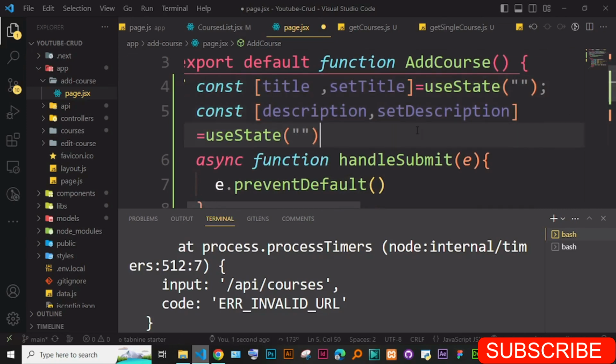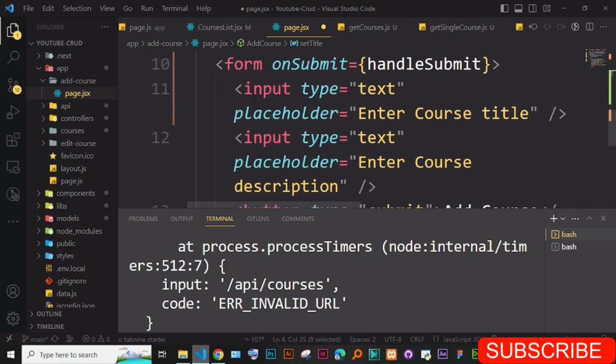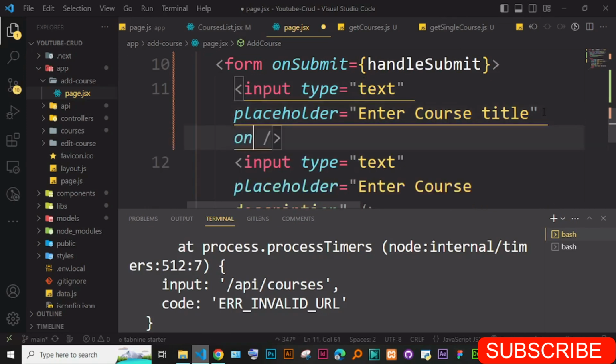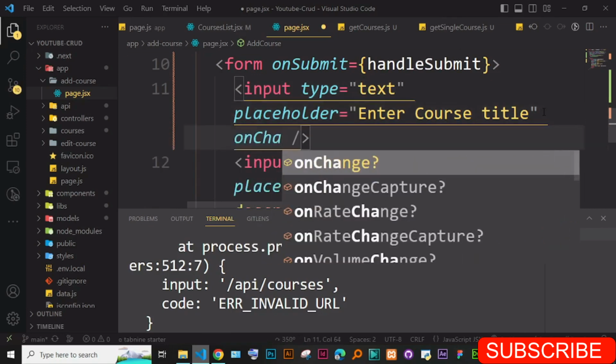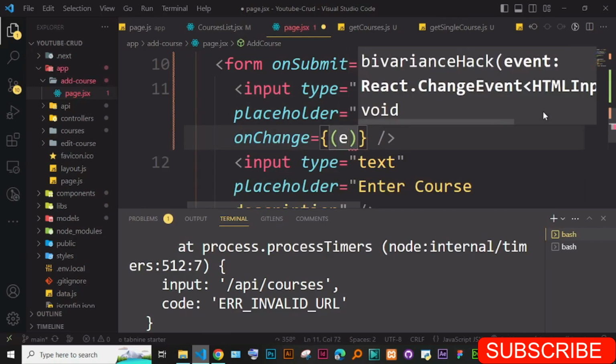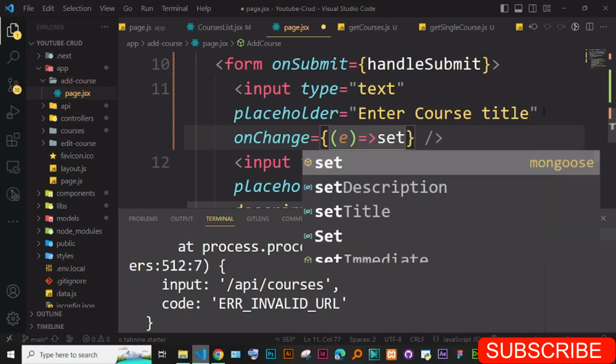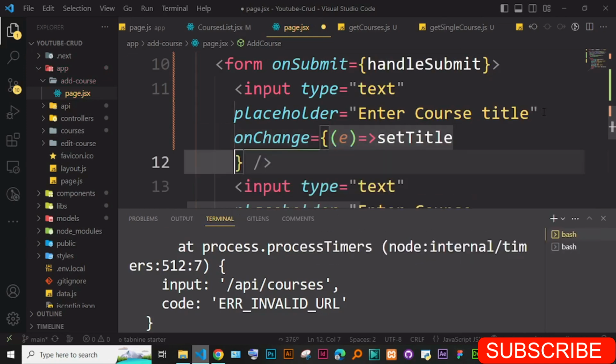Okay, so now what we want to do is we set these values on change. Okay, when someone types something here, we can know it using one function or one event called onChange. Okay, so you can just go on these ones and we put onChange, and on onChange we can just simply set, for instance this one is for the title, so you can just say set title, okay, set title to